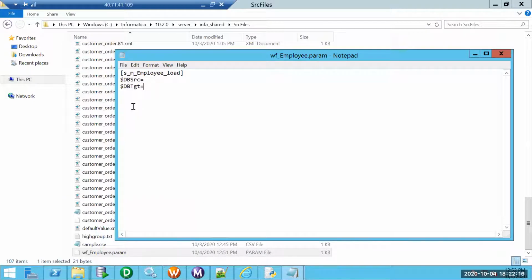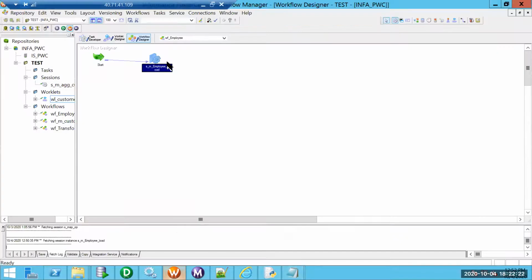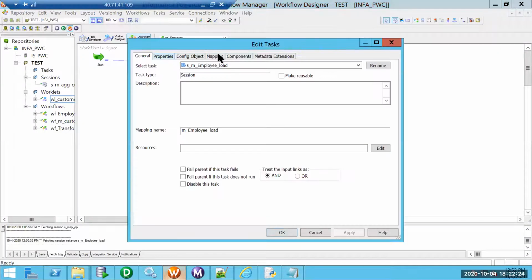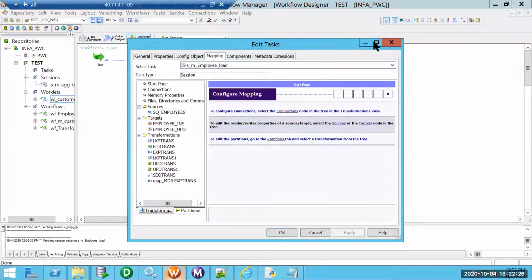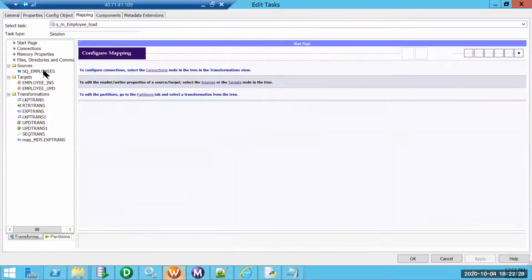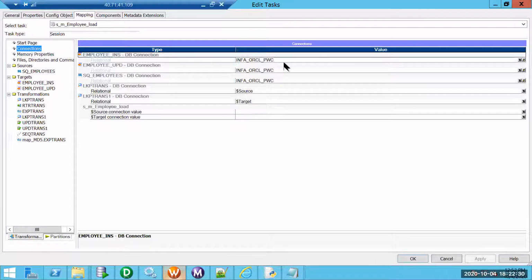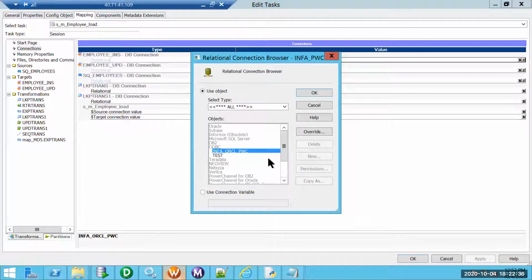There are certain variables where we need to use a double dollar, and certain variables where we need to use a single dollar. Especially when defining connection variables, it uses a single dollar only. If you see the relation, it is using $Source and $Target, so it is a single dollar.